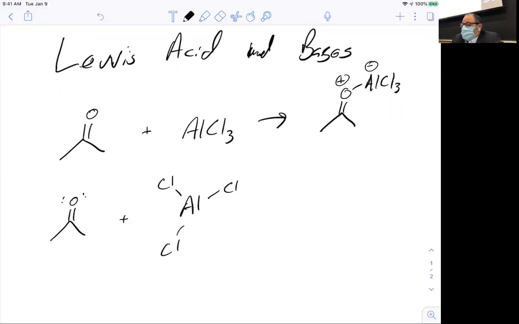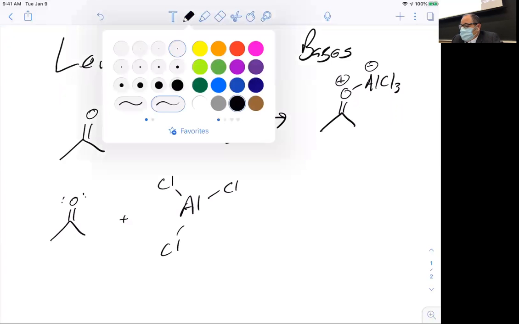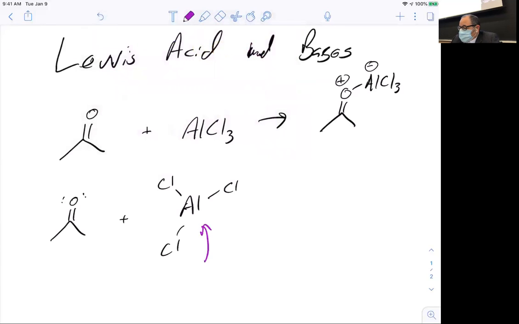boron and aluminum are characteristic Lewis acids because they have an empty orbital. So these are both aluminum, boron, indium, although you won't see indium too often, are all stable with 6 electrons. So they don't have an octet, but they are stable in that case, which gives it an empty orbital, which means then the electrons can just go from the donor, in this case a carbonyl,